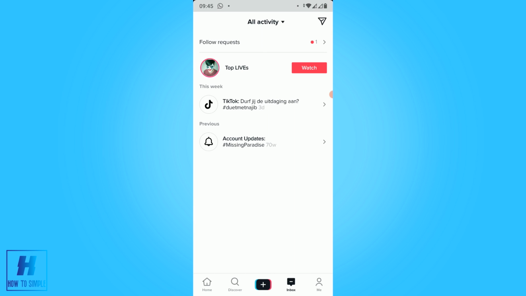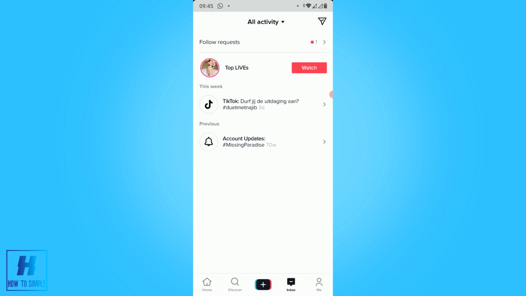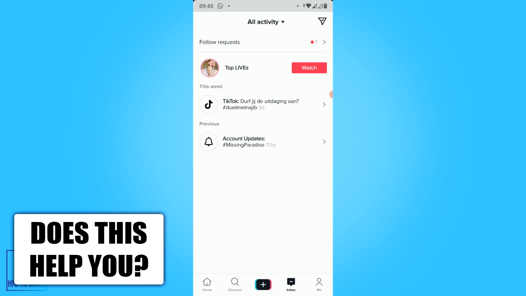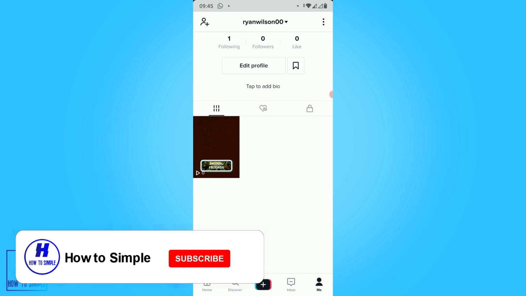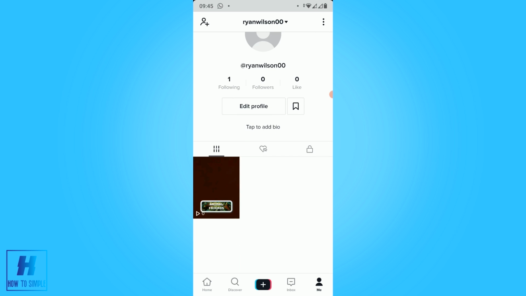But if this still didn't work for you, you basically have to turn off Wi-Fi and continue on the data of your phone. That's basically how it works. The third solution is to uninstall TikTok and then reinstall it. That could work as well. But these are